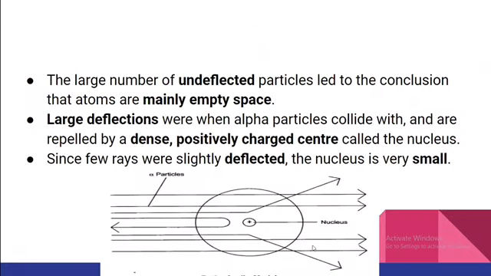As you can see over here, there are 3 cases. In the first case, the alpha particles pass through the atom straight. What this means is that they were undeflected, and that is because they have passed through empty space, which means that a majority of the atom consists of empty space. The second case is where the alpha particles were slightly deflected from the nucleus. So this means that the nucleus is a dense and positively charged center. However, it is very small when compared to the size of the entire atom. Therefore, the particles were only slightly deflected because like charges repel.